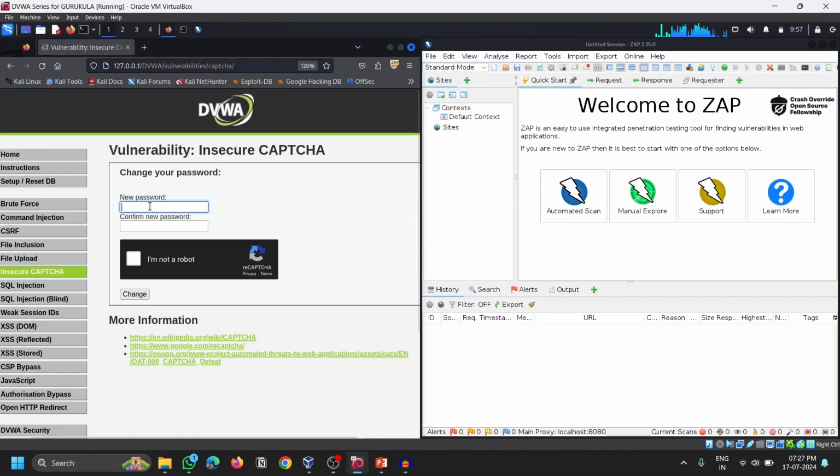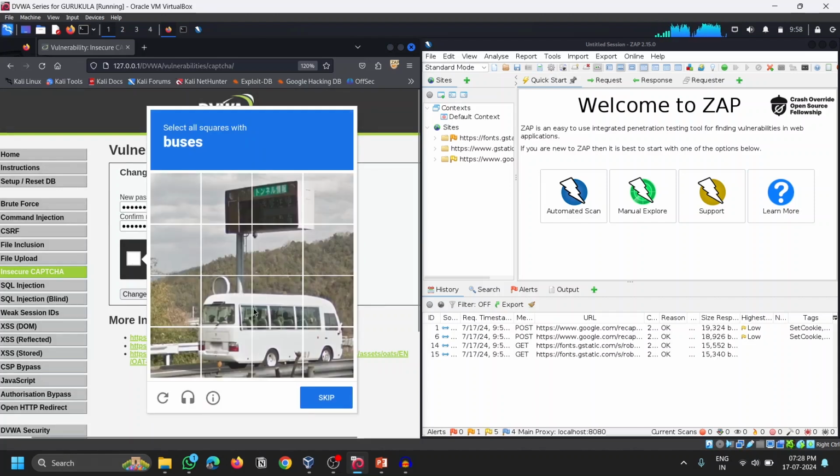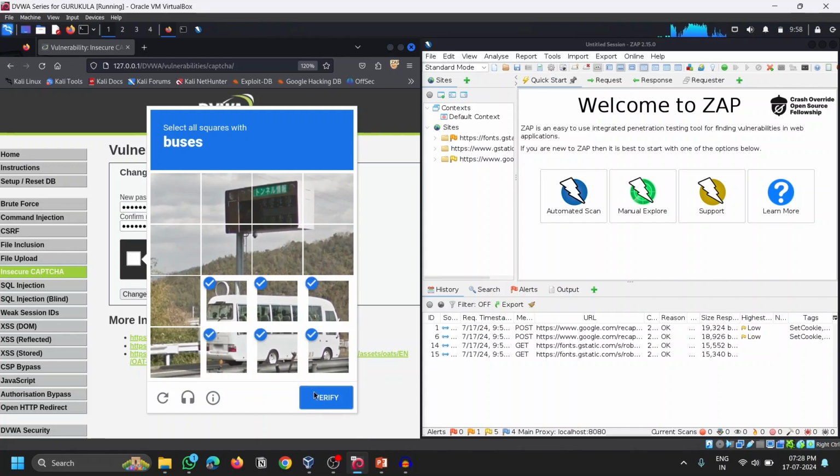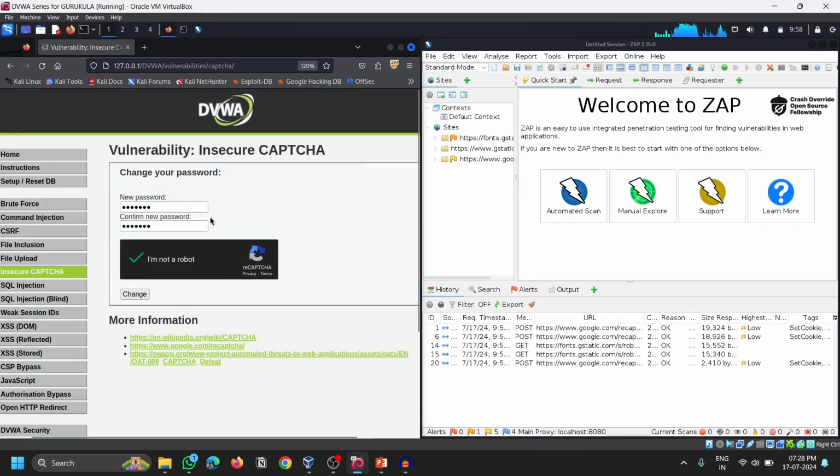Now we will try to change the password. I am going to give the new password as test123, and I will confirm the password as test123. I'll confirm this captcha. So we will have to check the captchas here. As you can see, the captcha has been verified, and then when you click on change,